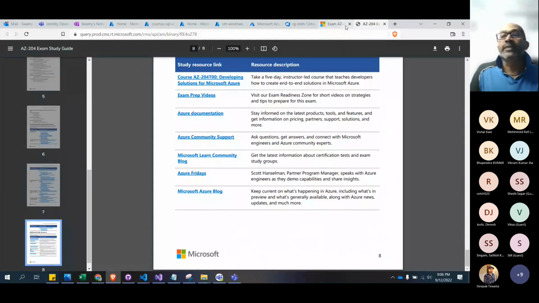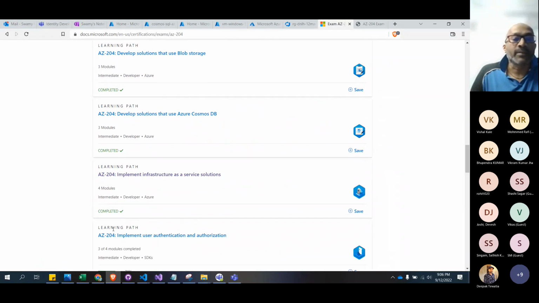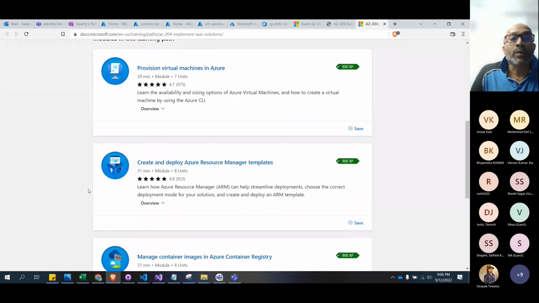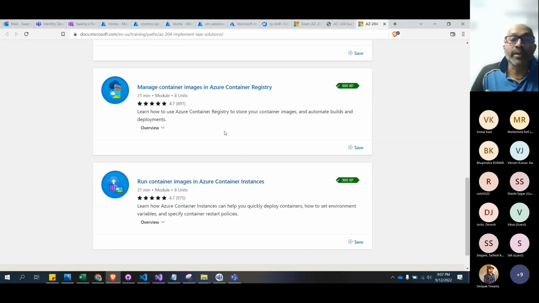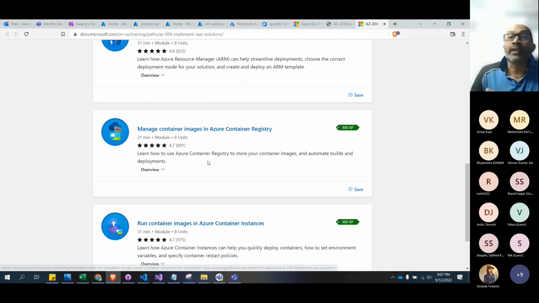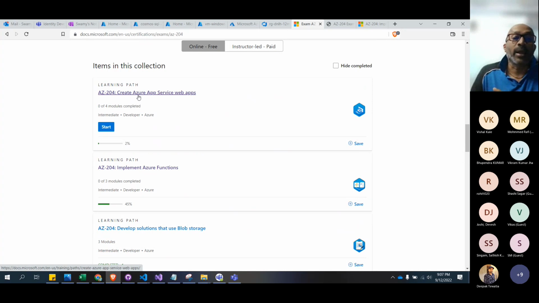Okay, so let's see this syllabus. We'll go with the syllabus, whatever is given by Microsoft, and we'll follow that. In this implement infrastructure as a service section, we have covered two things. We covered provision virtual machines and create and deploy infrastructure using ARM templates. We didn't touch manage container images using Azure Container Registry and run container images. We didn't touch that. And also, if you come back to this one, create Azure App Service, we didn't touch